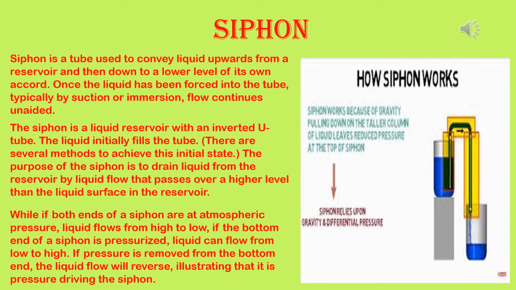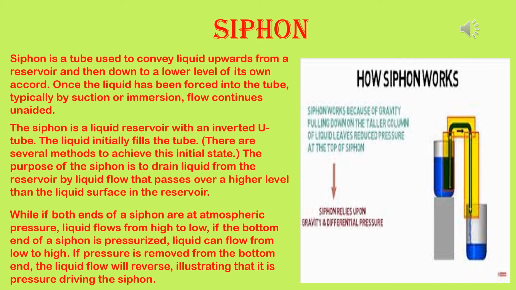A siphon is a simple device for transferring liquid from one vessel to the other without disturbing the whole volume of the liquid or pouring it. A siphon consists of a bent tube with one of the arms longer than the other. The tube is first filled with the liquid to be transferred. The two ends of the tube are then closed with fingers, and the shorter limb is placed in the vessel to be emptied below the level of the liquid, and the two ends are opened. The liquid begins to flow.